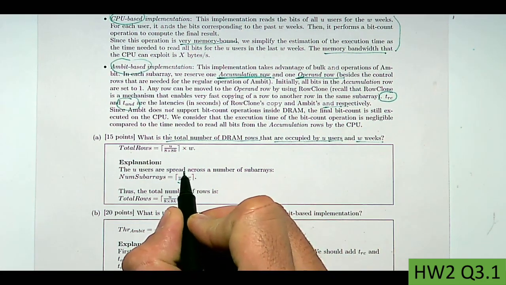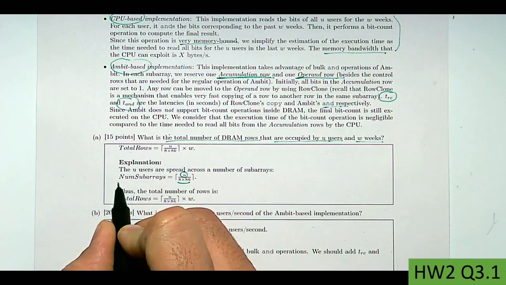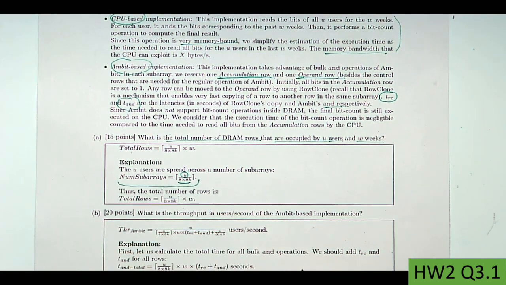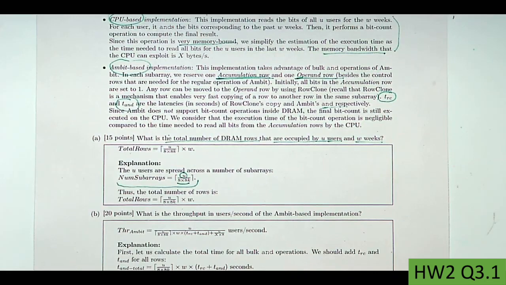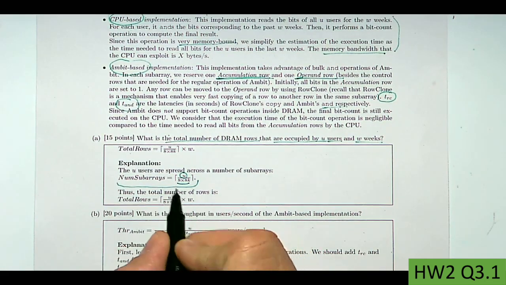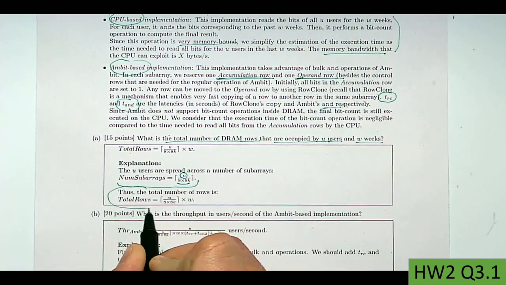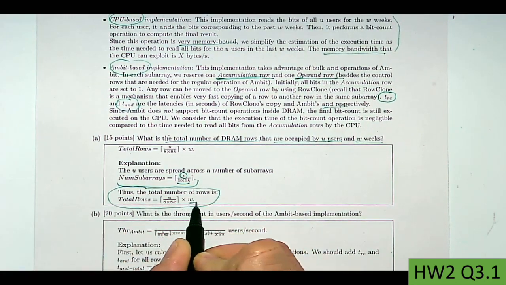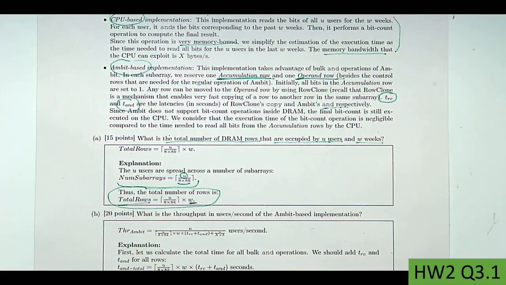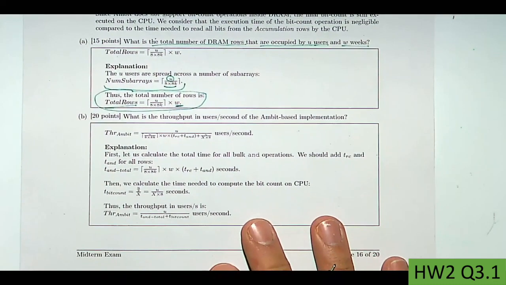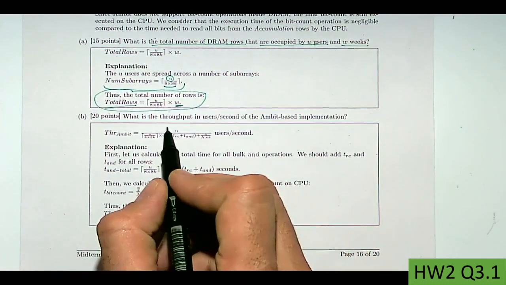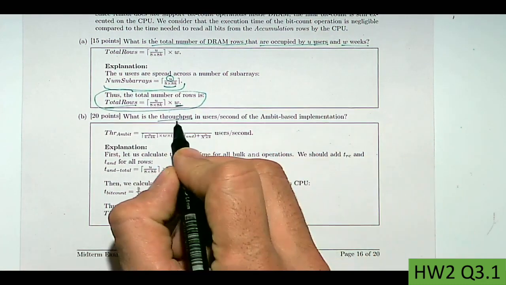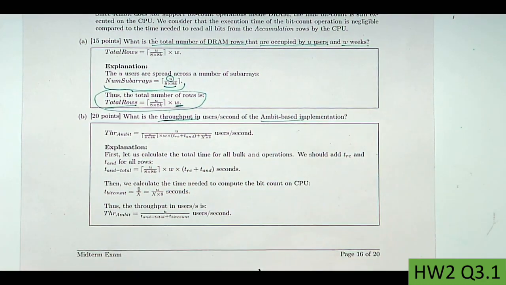If the number of users is U, we will need this number of rows to keep all the users for a single week. Because we have W weeks to evaluate, this is the total number of rows. The calculation of the throughput is quite simple, as you will see. First, we are going to evaluate the throughput on the Ambit-based implementation. Because it's the throughput in users per unit of time, in users per second,